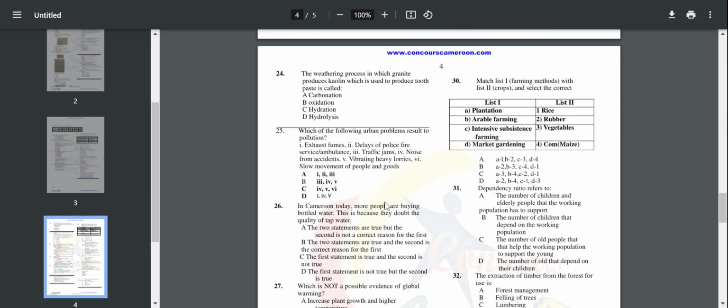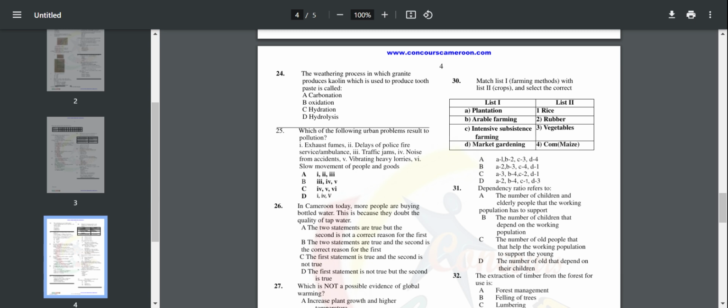Question 24. The weathering process in which granite produces kaolin, which is used to produce toothpaste, is called... The answer is D,